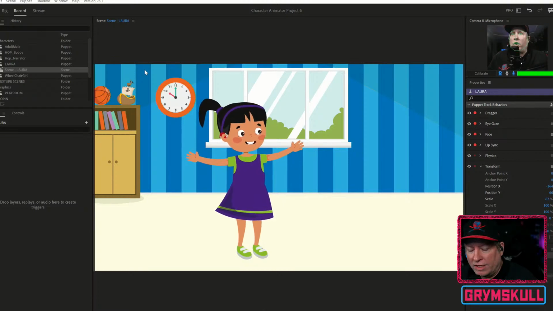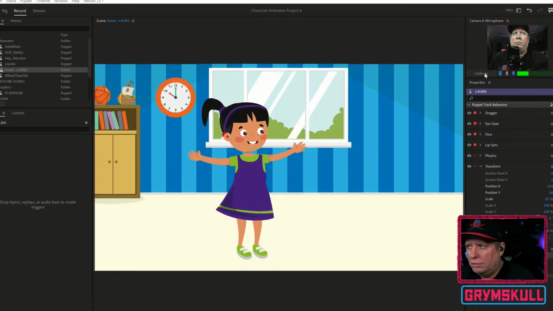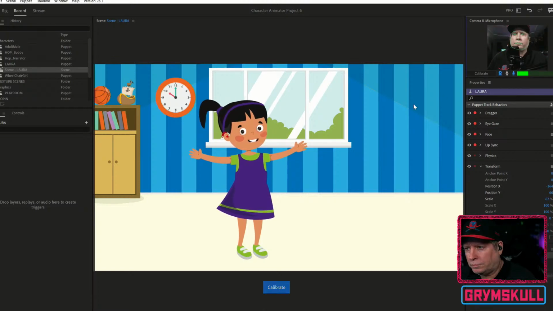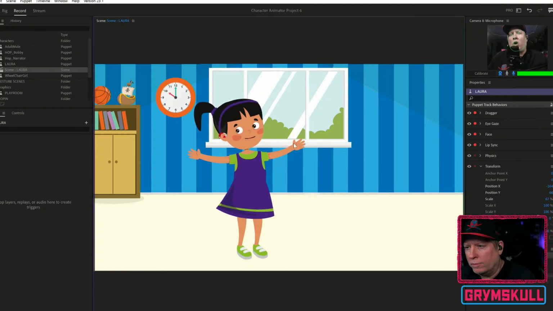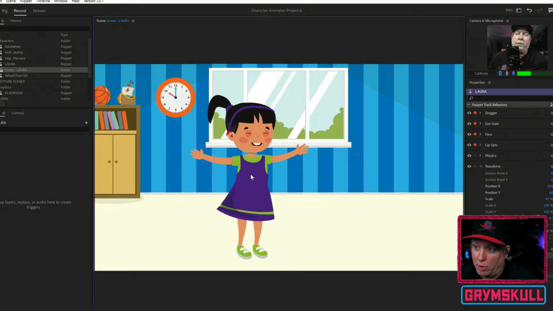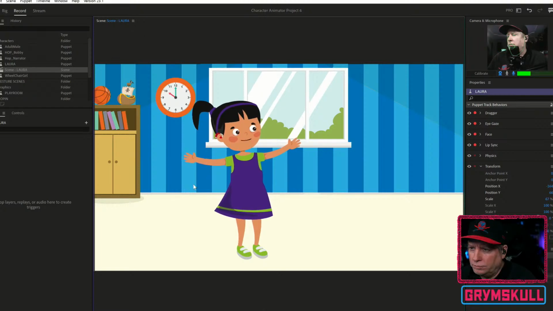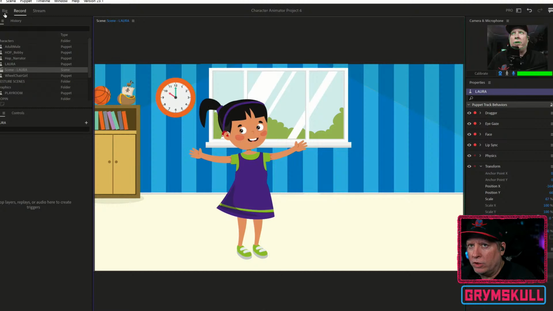For all that stuff we did, she's almost done, right? She can talk, look around, blink. Her arms and stuff don't do anything though, so that's kind of a problem, right? Her arms don't do anything because we want to do some gestures. All right, so let's go back into our rig.